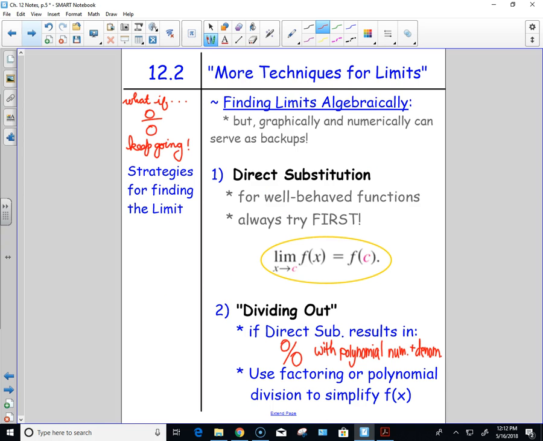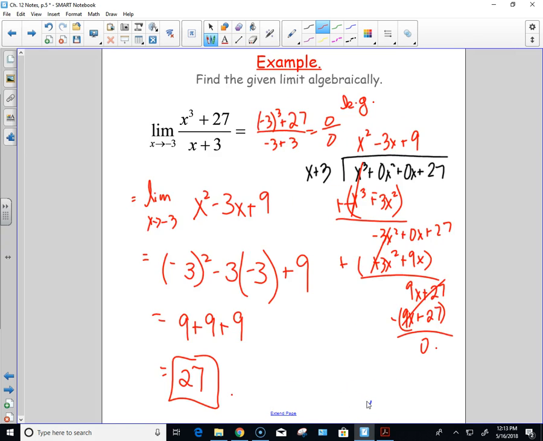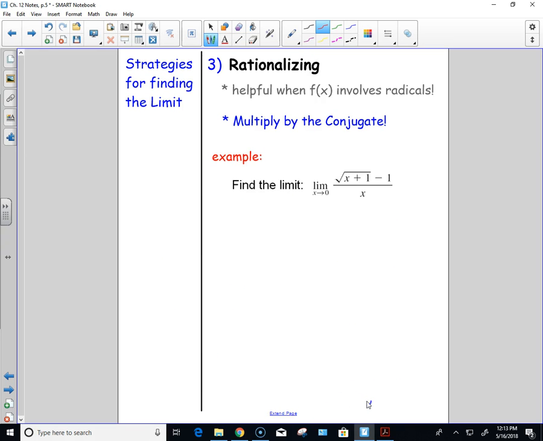First, we try to do direct substitution. It works. Yay, we're done. It doesn't work. Are there polynomials? If so, factor or divide. But what about if there are square roots or any sort of radicals? Square roots, cubed roots, fourth roots. And as you guys get to that example that you see,